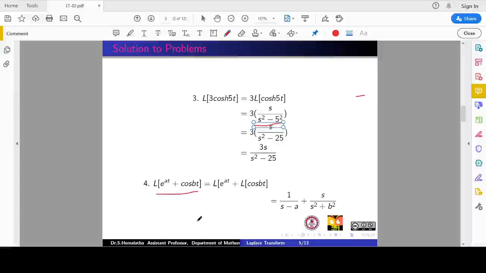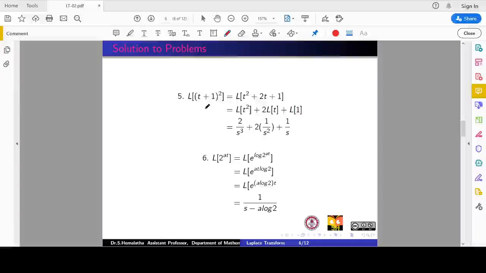Now you observe this. This is a combination of two: one is exponential, one is cosine. But still there is no problem. There is one bracket here. So you can have the linearity property applied. You can deal with it as two separate functions. So same again. Here my formula in the a part takes a b, so I have written a b. Fine.